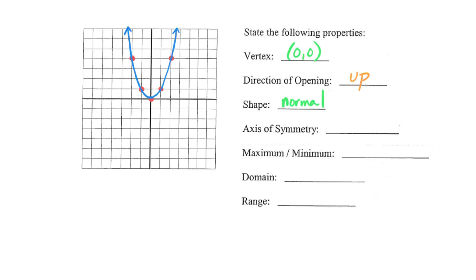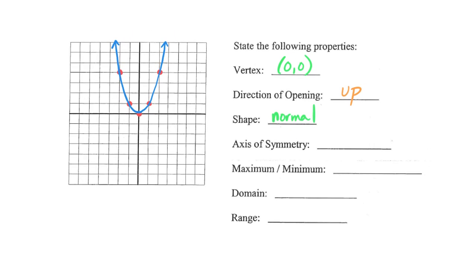Now we jump into something called the axis of symmetry. I'm going to draw something on our parabola. This is not something that I ever want you to put on your parabola. It is one of the most useful properties we will have, though. If you look at my parabola, you will notice that one side of my parabola is a mirror image of the other. And if I was to put this dashed purple line down the middle of that parabola,